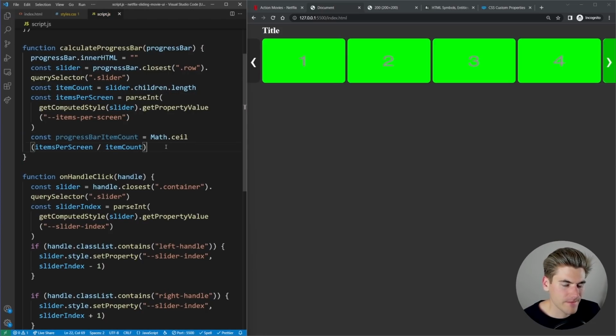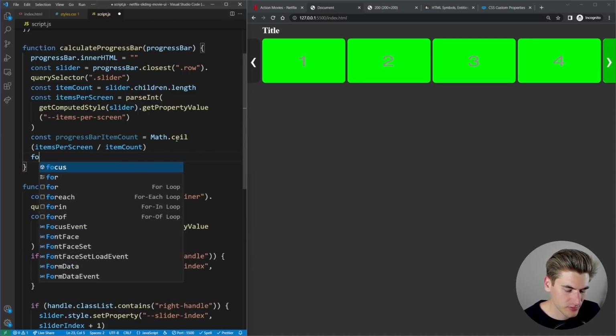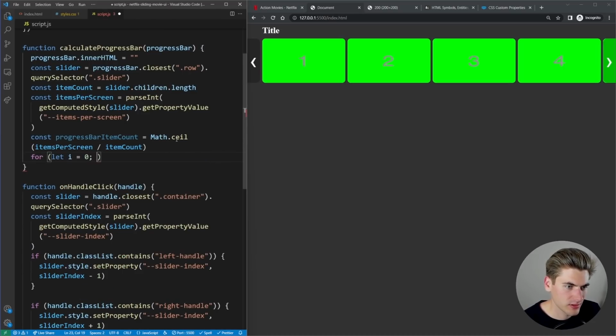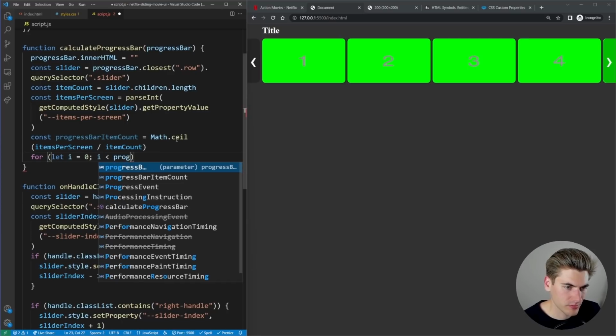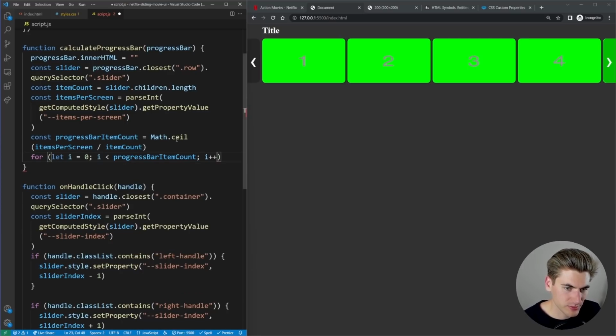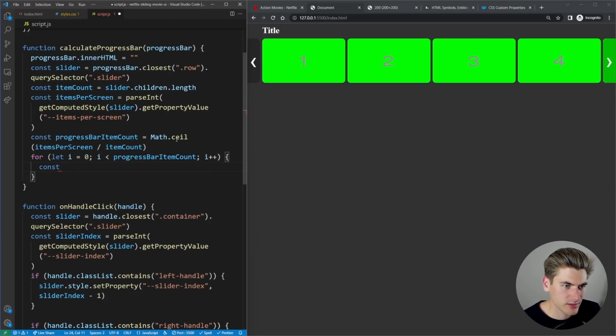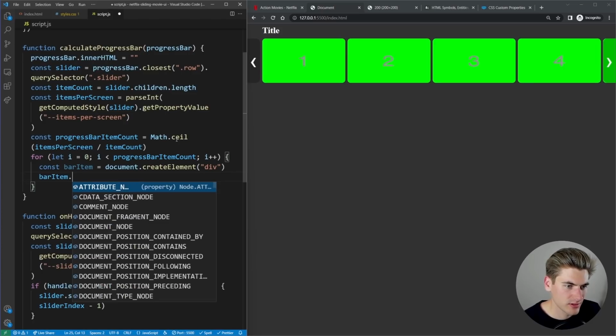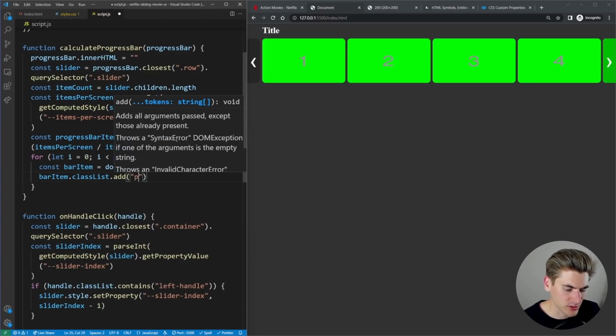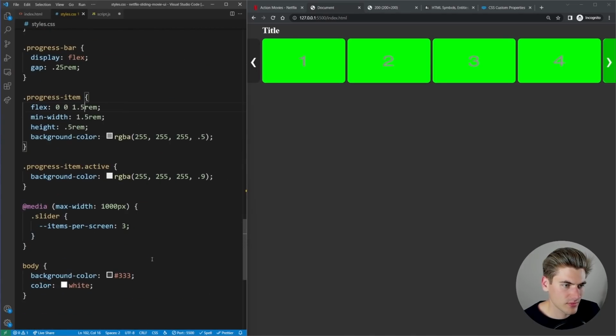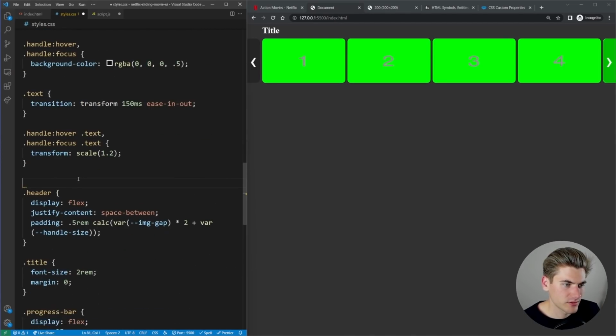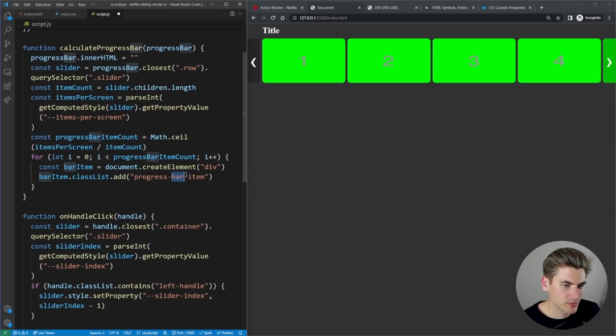There we go. Perfect. Now we can just loop. So we can say for let i equals 0, i is less than progress bar item count, i plus plus, const bar item equals creating an element, which is just a div. We want to add the class to it, which is progress item.